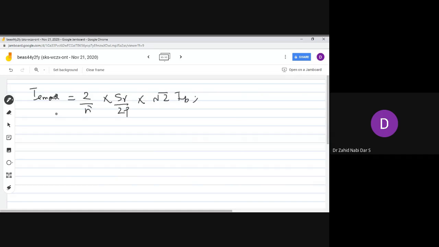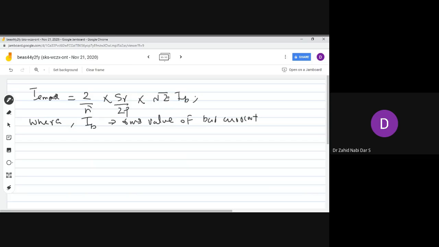Here I have not taken the maximum value, where IB is the RMS value of bar current. And since the entering current varies sinusoidally,